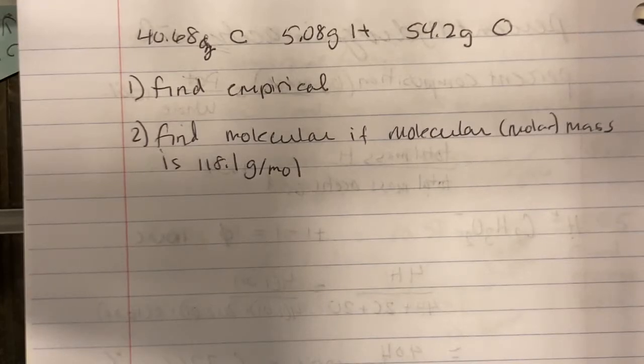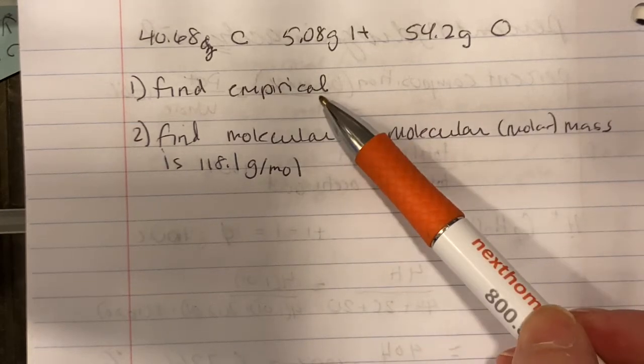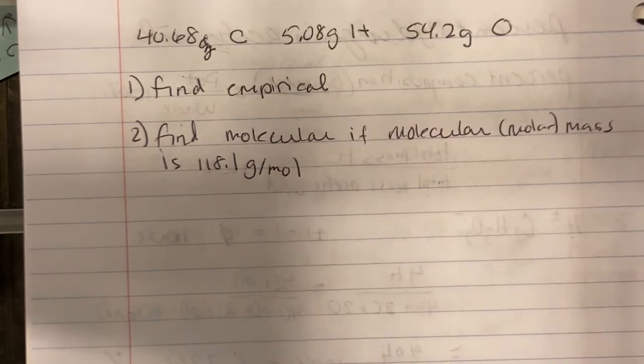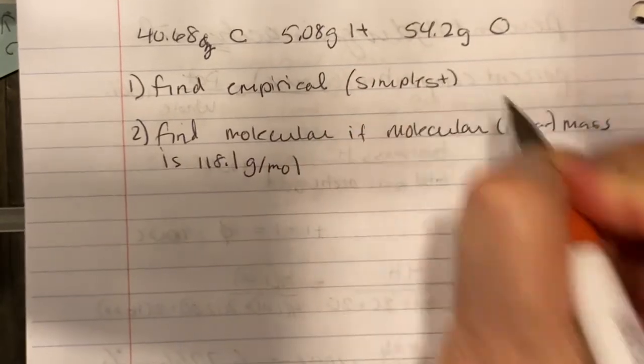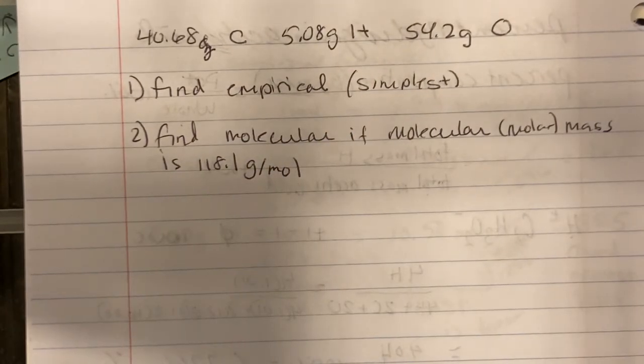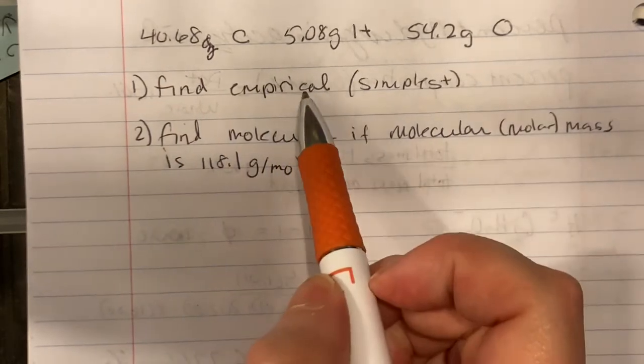Here we have 40.68 grams of carbon, 5.08 grams of hydrogen, and 54.2 grams of oxygen. Our first step is to find the empirical formula and then find the molecular formula. Remember, the empirical formula is the formula in simplest form. So if you start with a percent composition or grams of each element, you would be finding the empirical